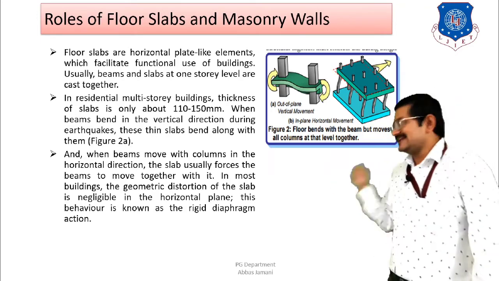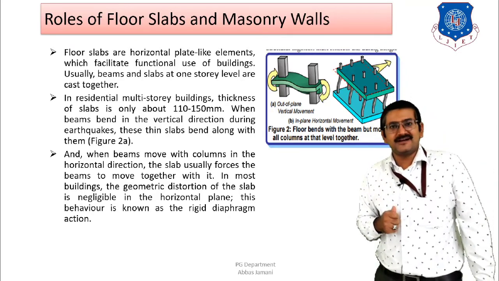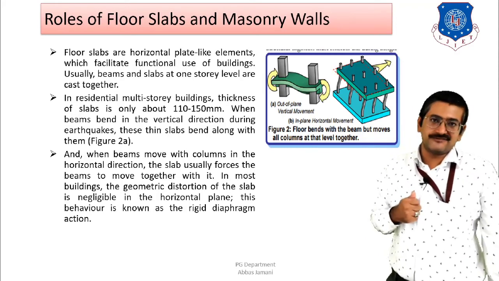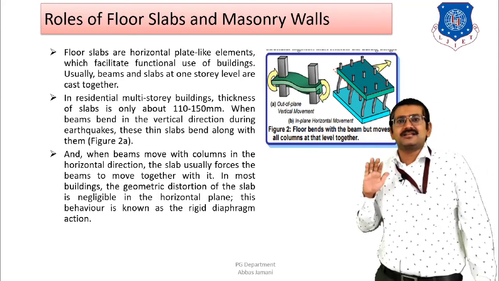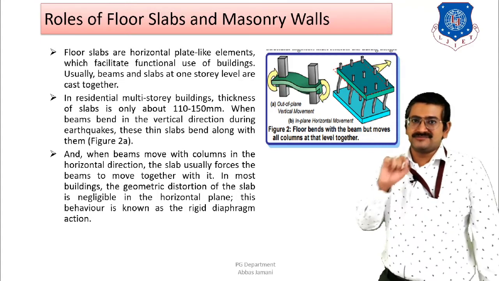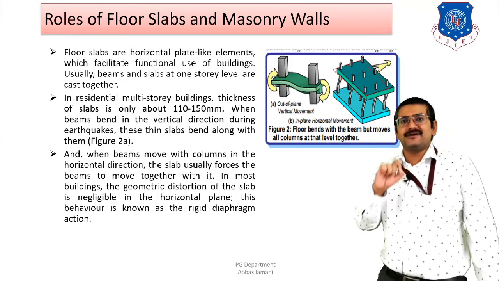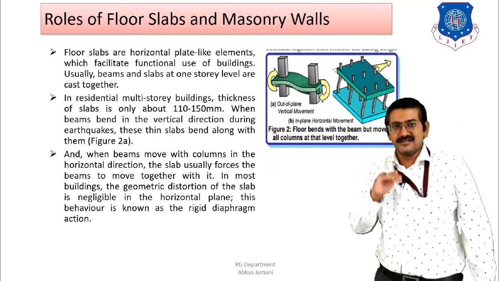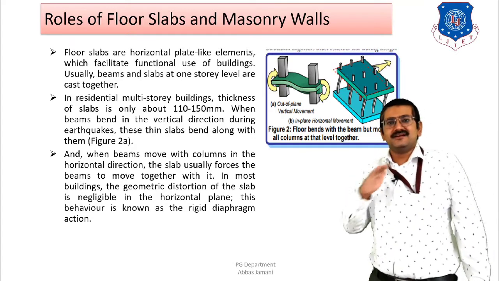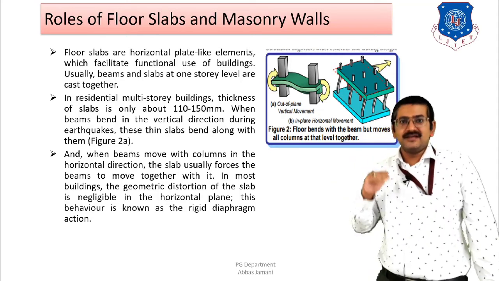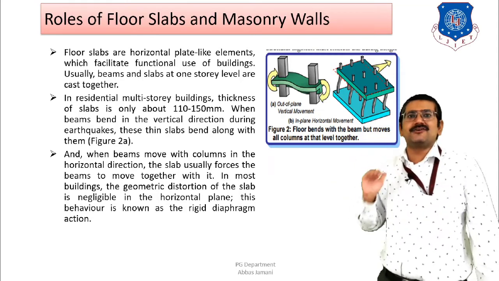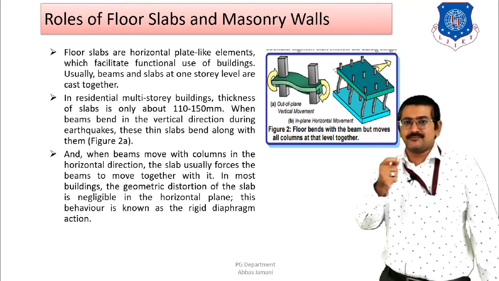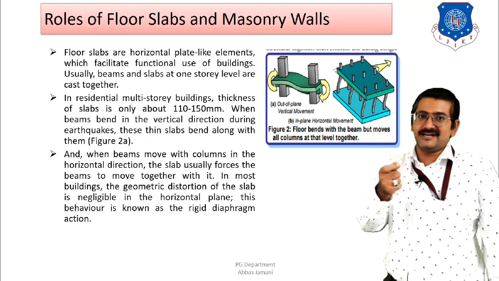Second is known as the in plane movement or the in plane displacement or in plane bending of the slab. Now this particular type of scenario will be observed whenever the earthquake force is applied at the beam column junction. Then the columns are going to undergo deflection. If the force is applied in x direction, then the columns will move in the x direction. If the force is applied in z direction, then the columns are likely to move in z direction. Now the beam and column junction is also casted monolithically.